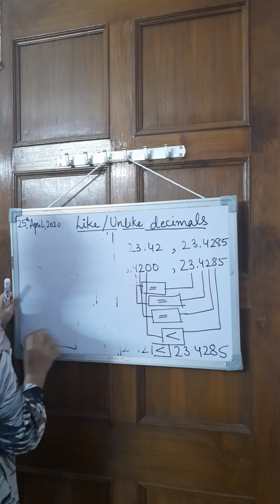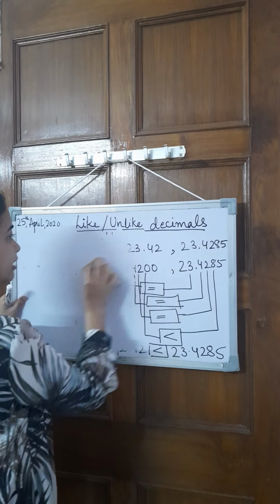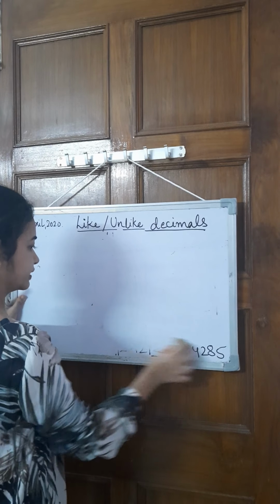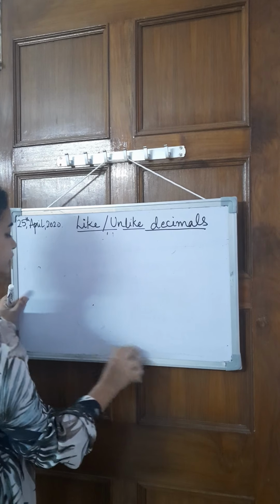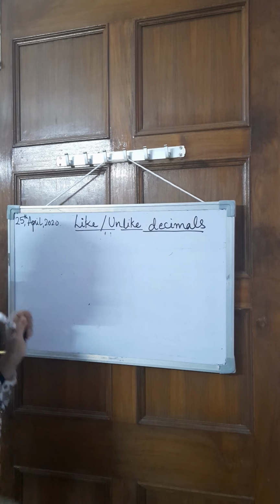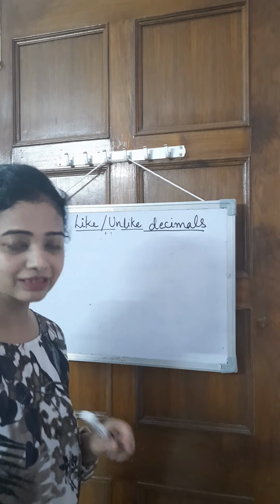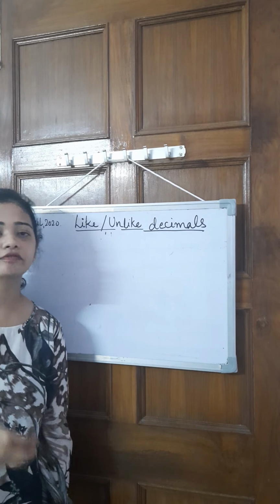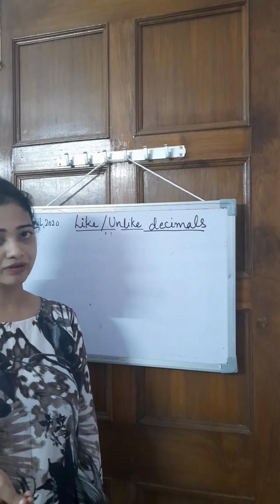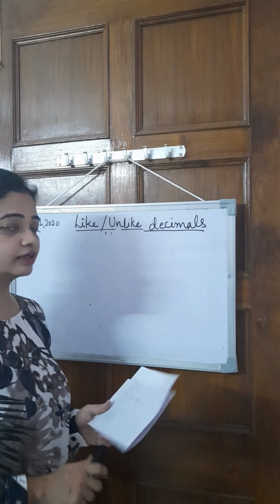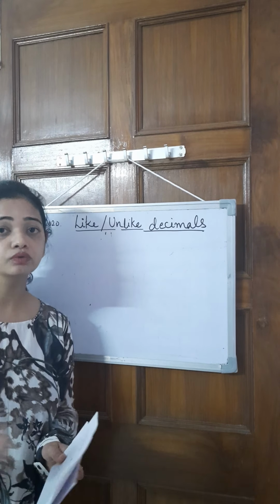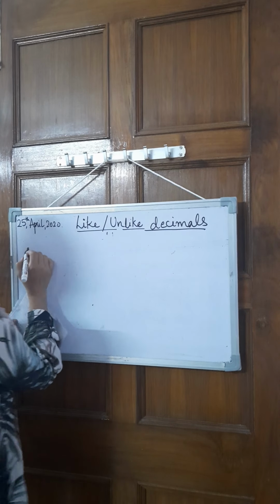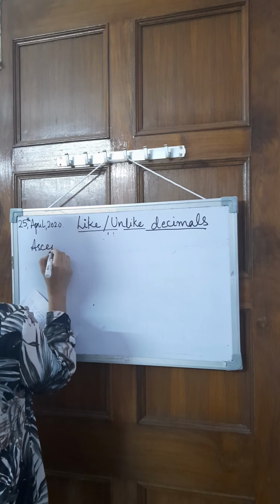Now these are two numbers that we have compared. If I have more than two numbers that I want to compare, then generally we say arrange the numbers in ascending order, or we can say arrange the numbers in descending order. So let's do one example where we'll take more than two decimal numbers to compare, and then we can arrange them in any order. Let's arrange it in ascending order.